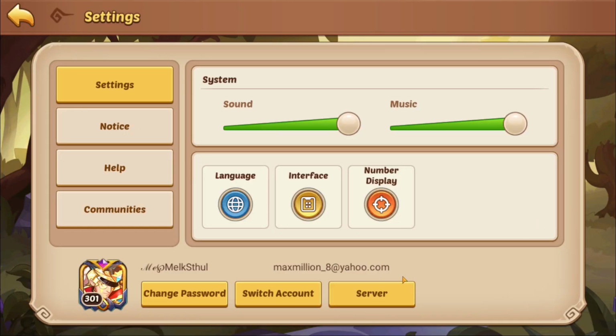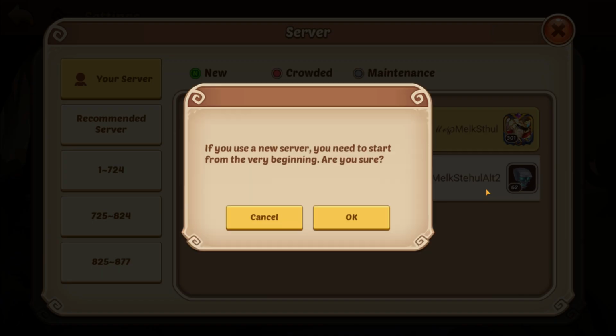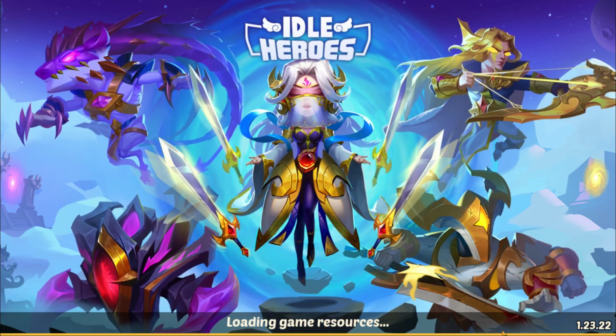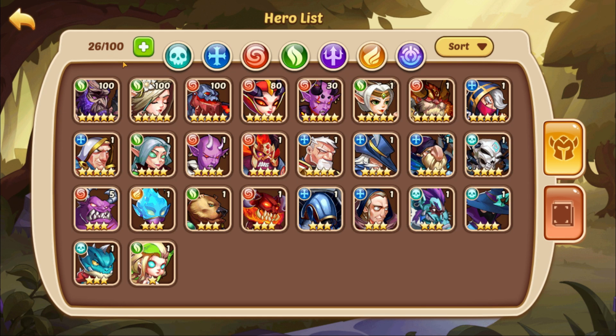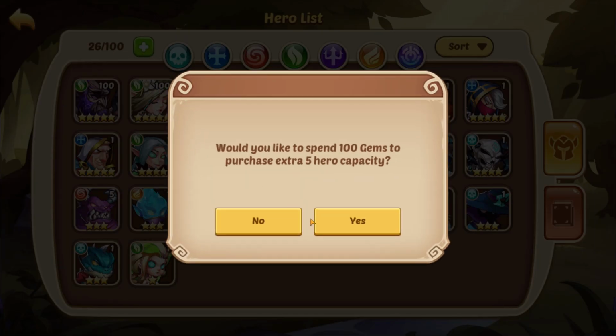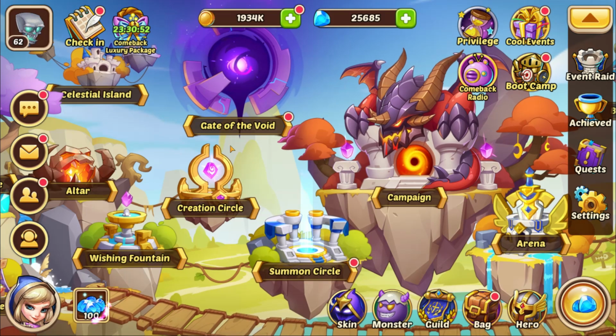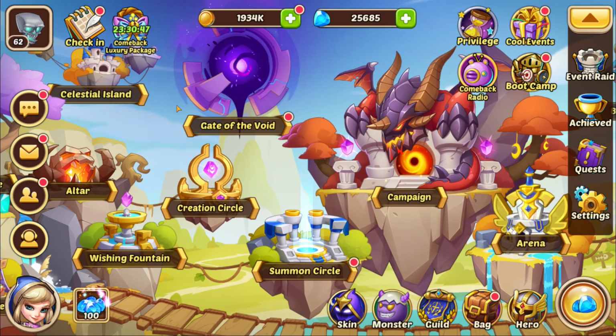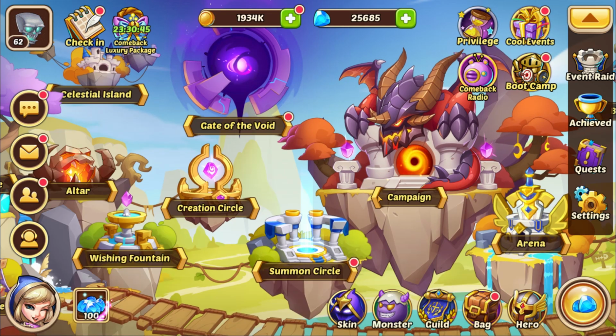So if we go to my early account, you'll see that I have basically no bag space. This is a free to play account. I have 100 slots, which should be more than enough. But you can see that if you want to increase slots, you can spend gems, and the cost of an extra 5 slots goes up the more slots you add. So then, if you're trying to save your Celestial Island stones and your gems,